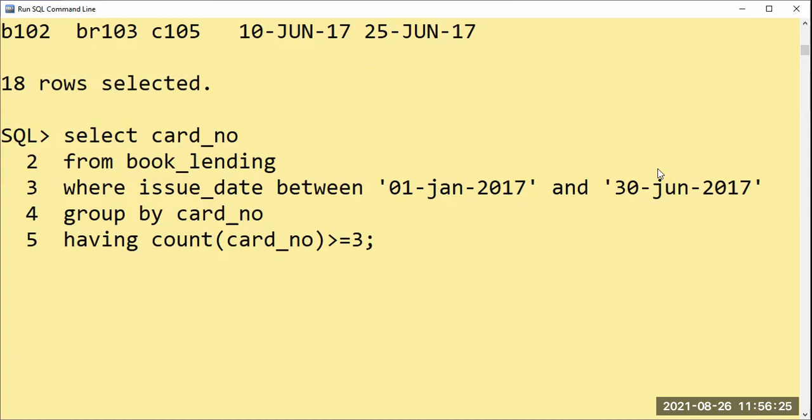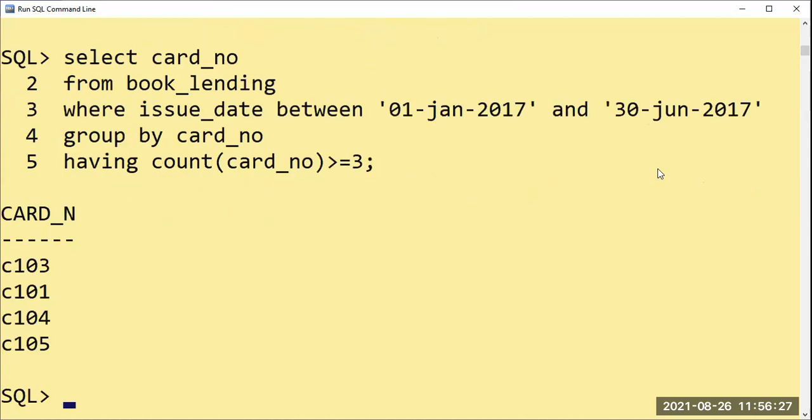Now I'll execute. C101, the count was more than 3, and it is between January and June 2017. Yes, Maitri, you had taken the books. C104, that person also had taken, and C105, that person had also taken.